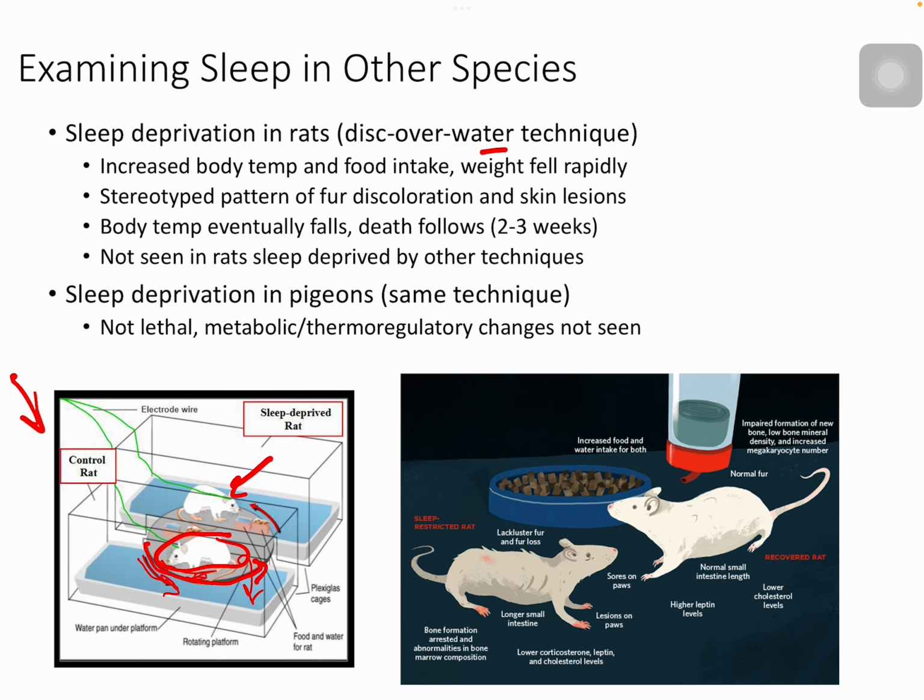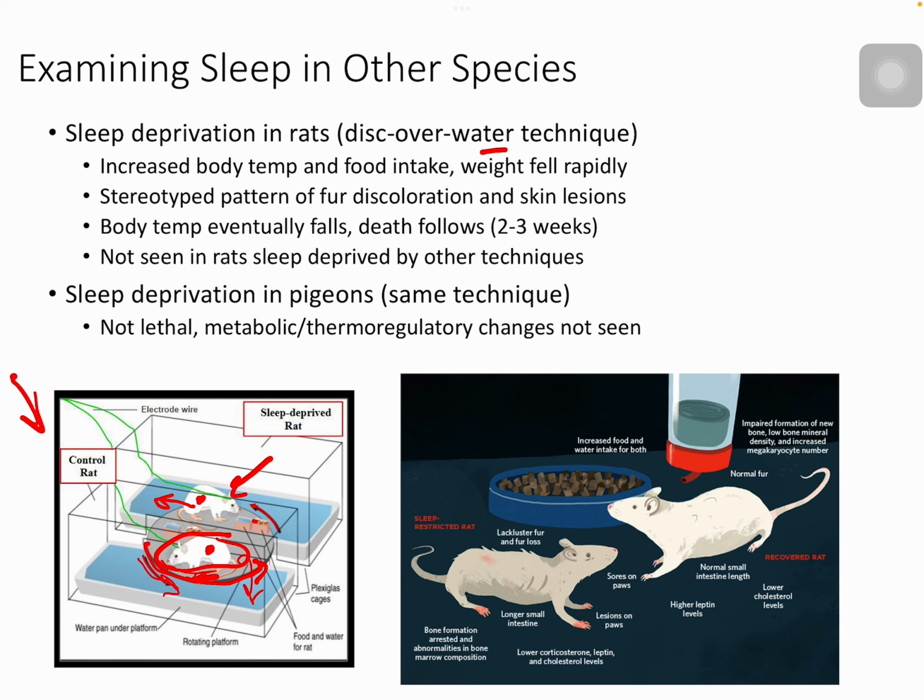They have to be completely active because if not, they'll actually fall into the water. So for the control rats, fine. It hasn't been up all night or up all day. Rats are nocturnal. It's well rested. It's fine. And so it can walk on this platform and not be bothered by anything. Whereas the sleep deprived rat, the whole point is that as this rat is continuously moving, if this one pauses at all because it falls asleep, it'll actually get knocked into the water. And so it's a technique to force a rat to stay awake when it's sleep deprived, okay? Because naturally the rat's going to just want to fall asleep.